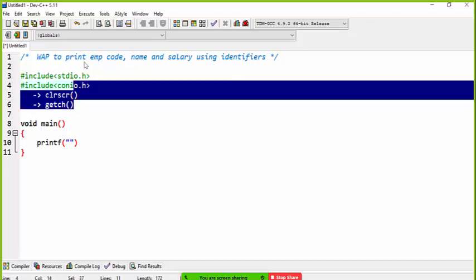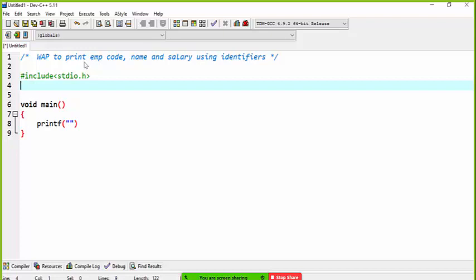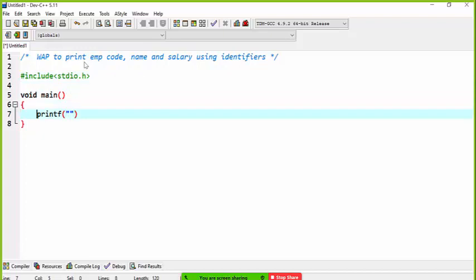So this is the reason to include conio.h in some compilers, but in Dev C++ we do not need to include conio.h. This Dev C++ code runs inside the command prompt, and the screen also gets cleared every time you run the program. You also do not need to write the function getch, which gets a console character. So this is a Dev C++ tool where we do not include conio.h.